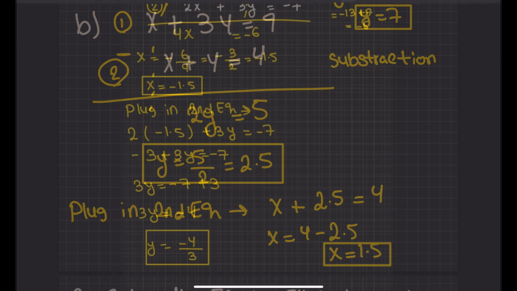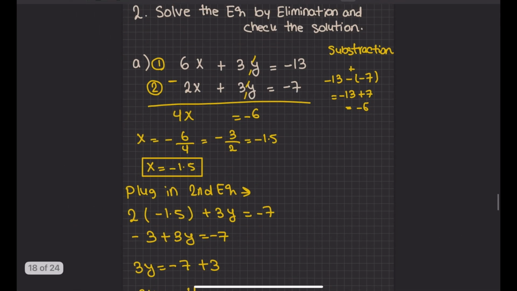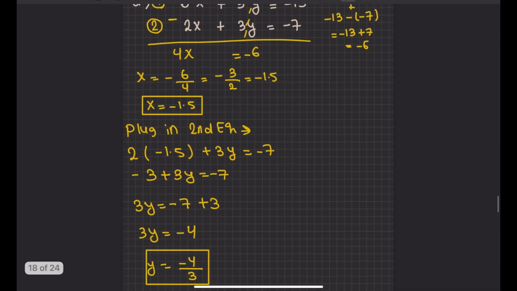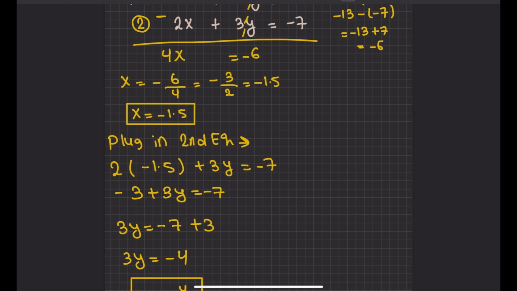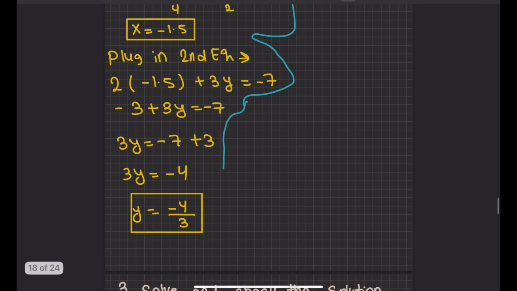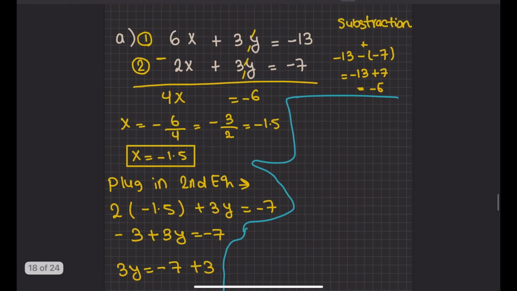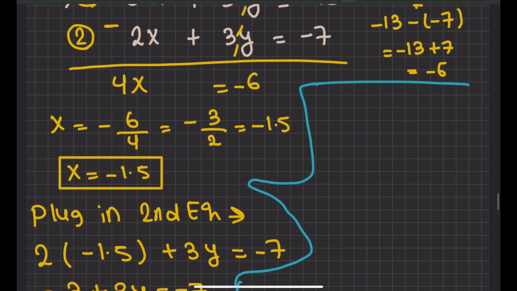And this is our result for x. So in this question, it also asks for us to check the solution. So we're going to check the solution. Let me just use a different color so it would stand out to you guys. Okay, so I'm going to write down